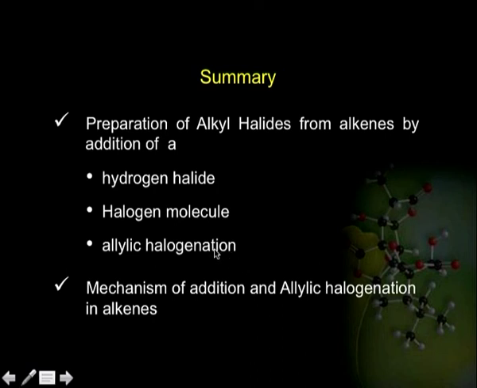The allylic halogenation is also following the free radical mechanism, for which we need a molecule which can initiate the formation of radicals. So, this was all about the preparation of alkyl halides using alkanes, alkenes and alcohols. In the next session of the lecture series